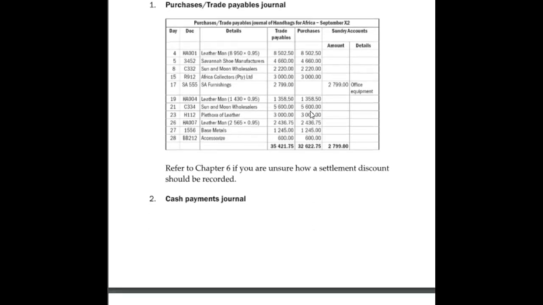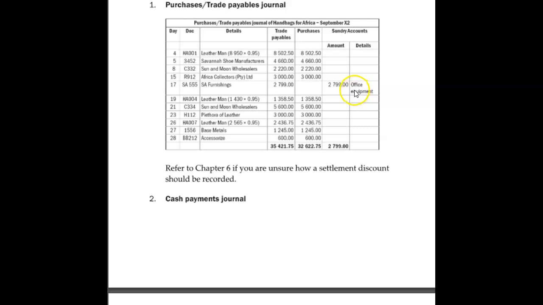Okay, so now let's say I bought 100 Rand worth of equipment on credit, right? Obviously over here the day will be something, the details will be the supplier, my trade payables will be 100 Rand, but then I will put my 100 Rand in sundry. Now what is sundry? Sundry is basically the things which are not in here. Now in here is only purchases. So if it's not purchases, there's nothing else to put, there's no account for equipment. So sundry basically says, okay, make an account.